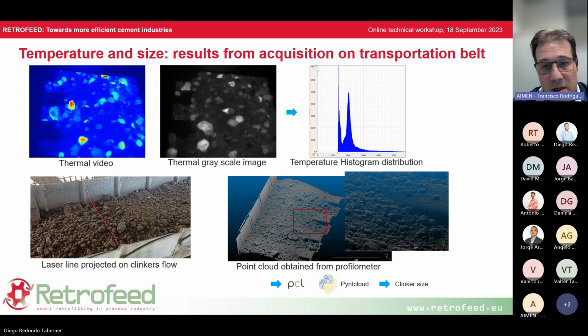So we can get some very good quality for estimation of the size. And this system has to be optimized and improved. I hope to do this by the end of September in order to really get better results and estimate in real time the temperature of a clinker flow, detect some hotspots, and also allow an estimation of the size and maybe volume of a production. So in the next slide,